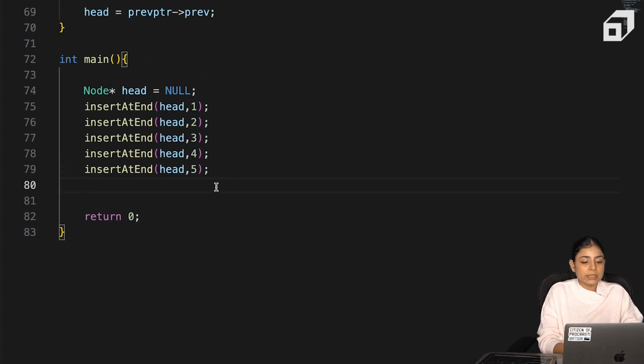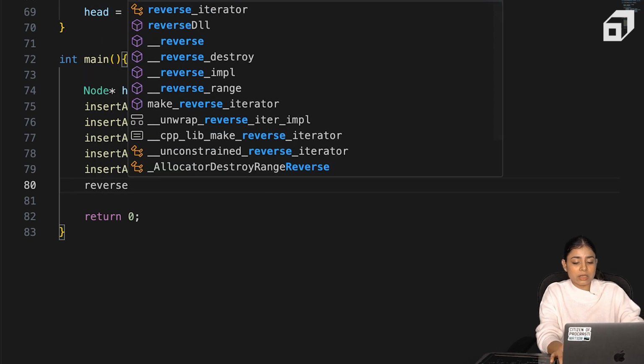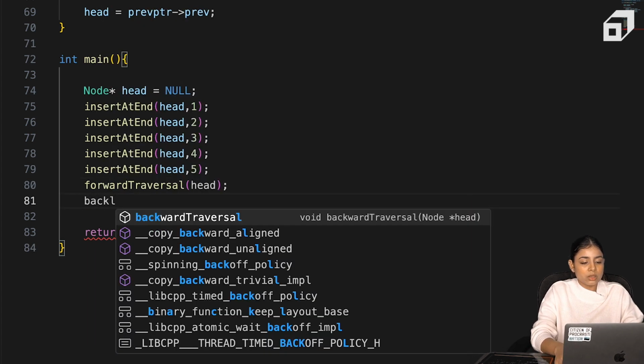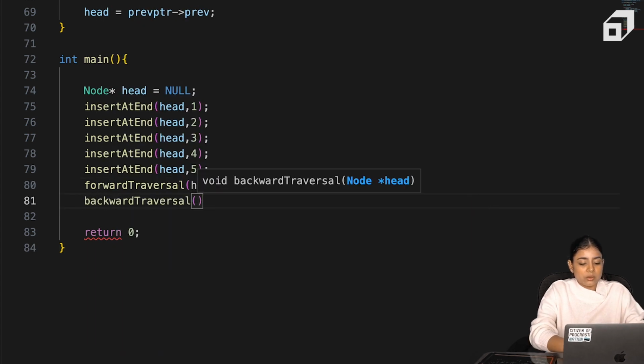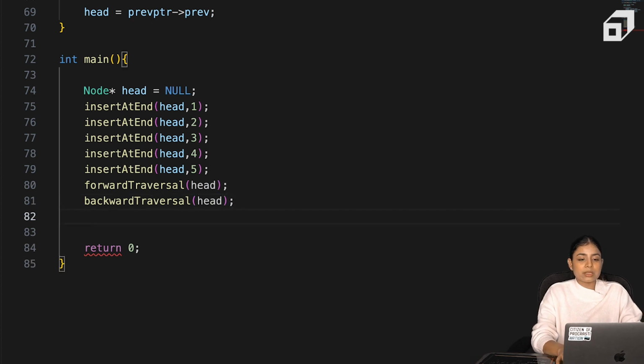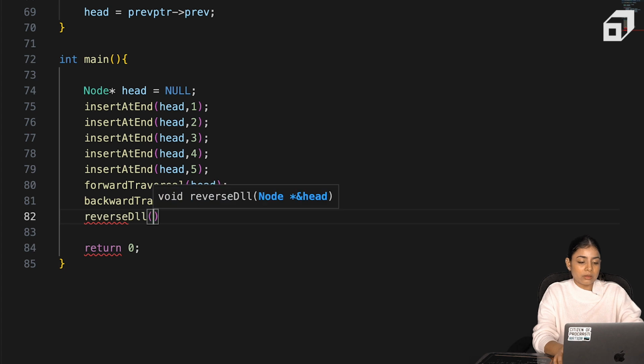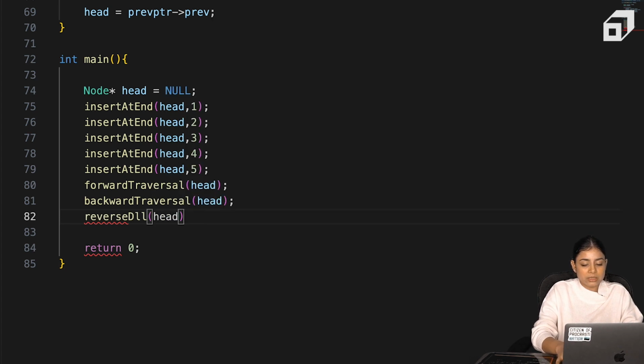I've created a doubly linked list here with 5 elements, and let's first try to print this. So we'll do a forward traversal and let's also do a backward traversal. Basically the backward traversal and the reverse of my linked list should match, right? So I'll call the reverse doubly linked list function here, passing my head,